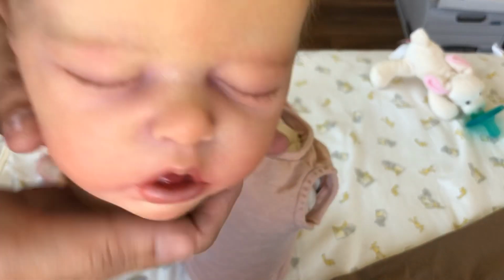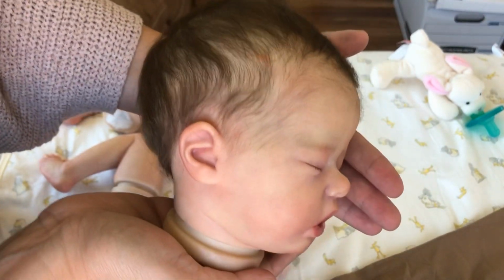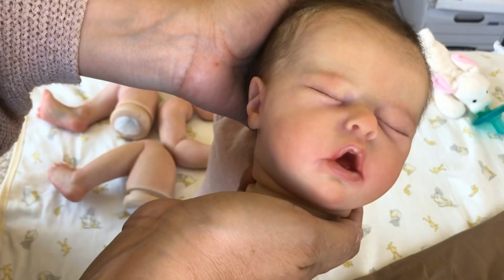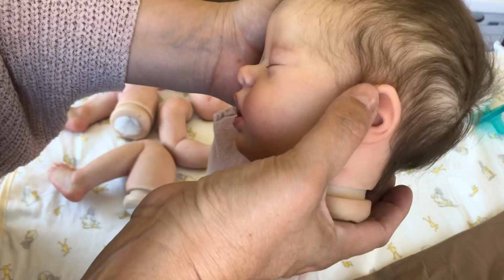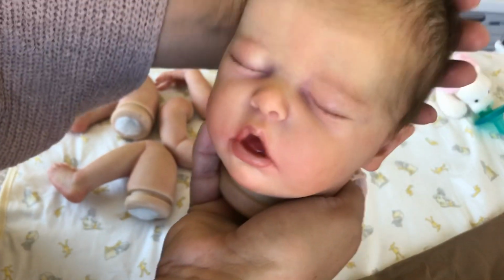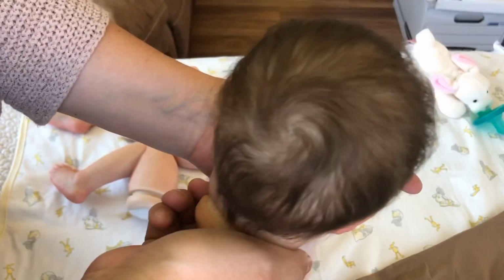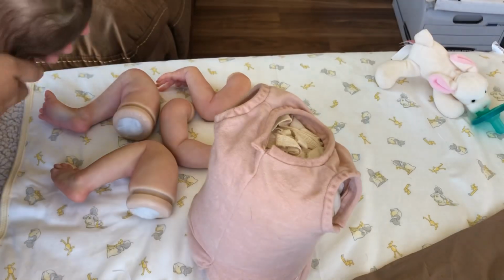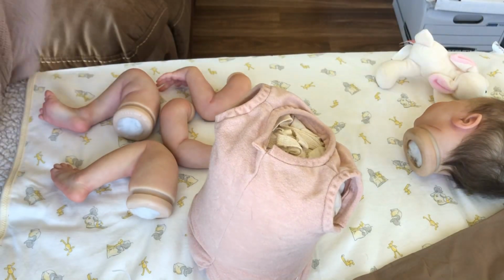So look at her. And I can hold her head up close. Take advantage of the opportunity that I have her unassembled, and you guys can look at her details super close. Look at that. I love this pointy ear right here. So gorgeous. This is some master artist work right here. Look at those eyebrows. Love this girl. That swirl. Beautiful mono and micro rooted hair. But let's not get distracted by my little Marie Antoinette's